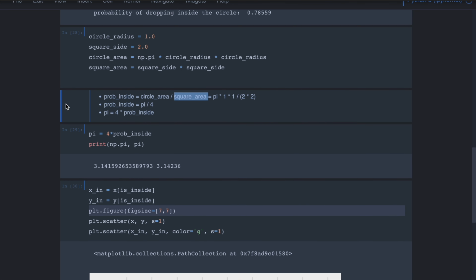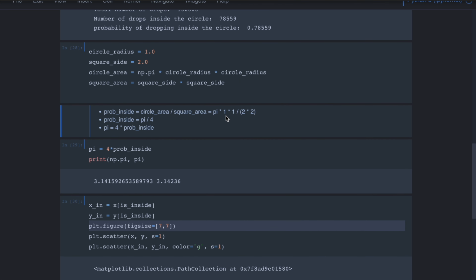All right. So in our case, the circle area is pi r squared, and we have the radius 1, so it's pi times 1 times 1. That's the area of the circle. And then the area of the square is 2 times 2 because the side is 2 units. So this means the probability of dropping inside is equal to pi divided by 4, which means the pi value will be equal to 4 times the probability